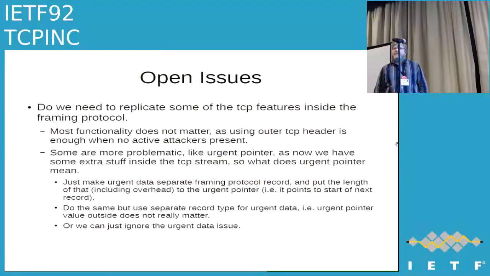I have some data on this. Do you mind? Yeah, because I use Arch Linux, which is a relatively recent distribution. I looked through the source code, and there are two applications, FTP and Telnet, both of which are still used, that do have uses of urgent data in the source code. That's correct, but the implementation of the urgent pointer in different operating systems is broken and not compatible. Therefore, nobody really is using the